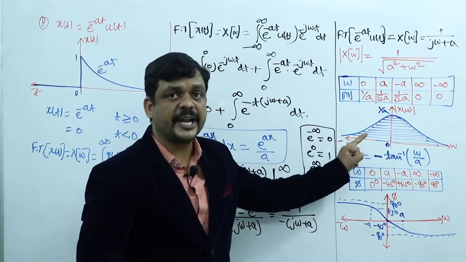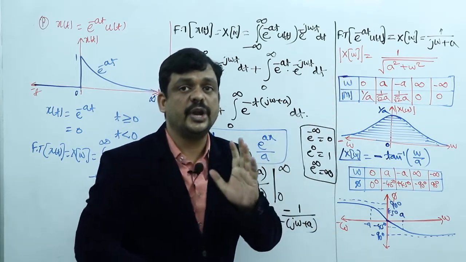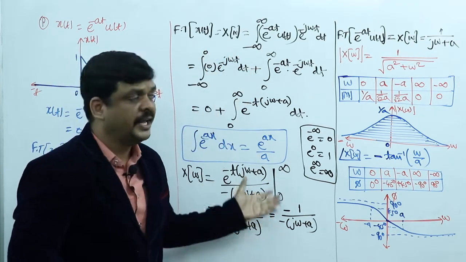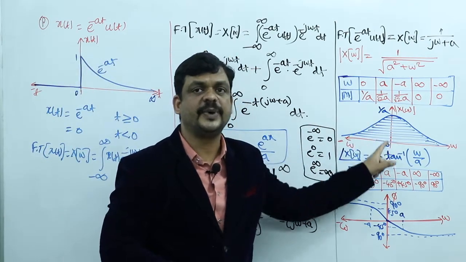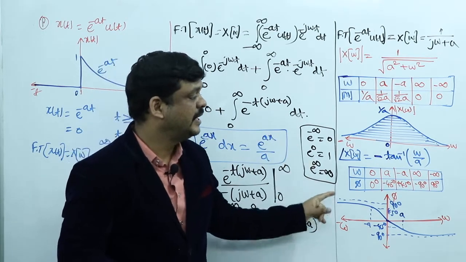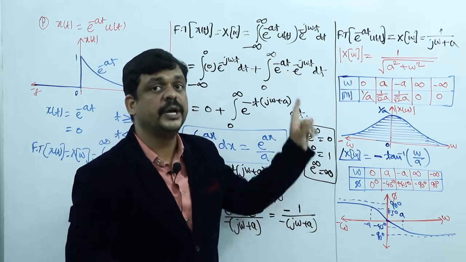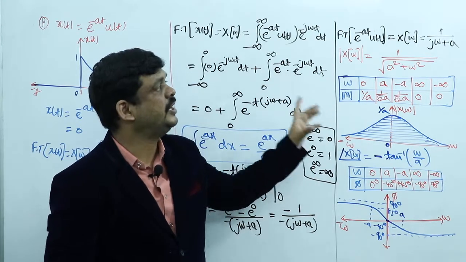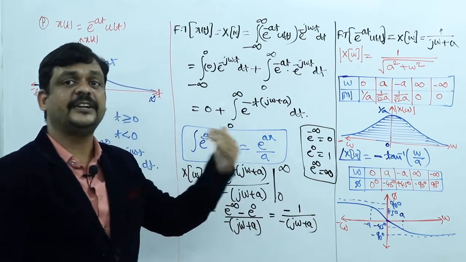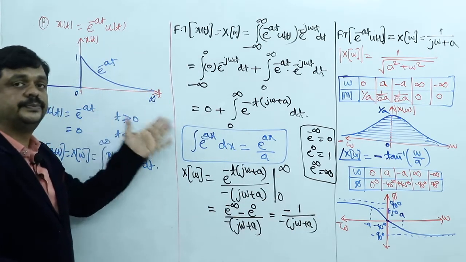This explains the magnitude and phase response of the given signal. From now onwards, we have to find the Fourier transform of the function, and later draw the magnitude response and phase response. Both are compulsory, so please remember this analysis. Here I have explained just one example, which is one of the basic functions. Similarly, we have to apply the Fourier transform to different signals and functions.